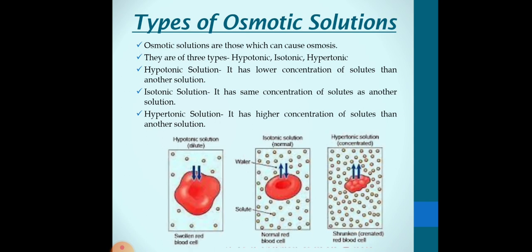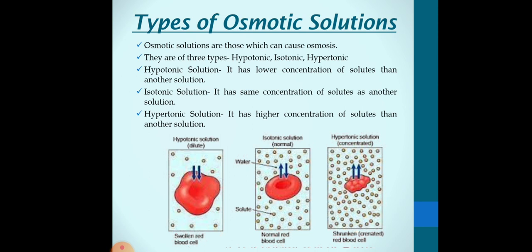In this diagram we will try to understand hypotonic, isotonic and hypertonic solutions. In the first diagram you can see it is written hypotonic solution. Here the concentration of solute is comparatively less than in the red one. This red one is nothing but your RBC, that is, red blood cells. Since the solute concentration is less, that means the solvent will be more. As a result, osmosis will take place inside the red blood cells.